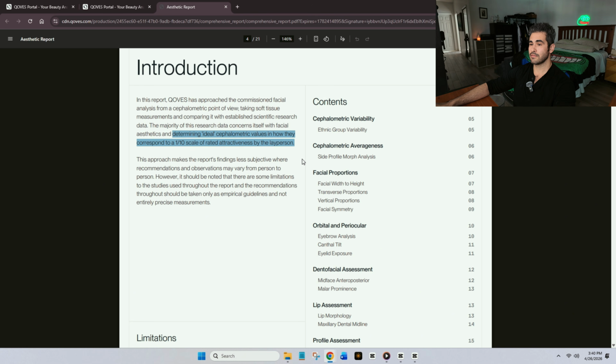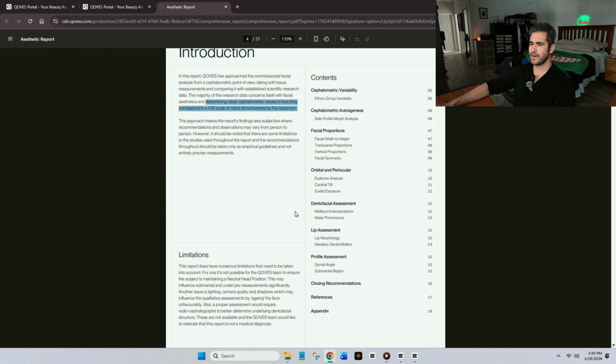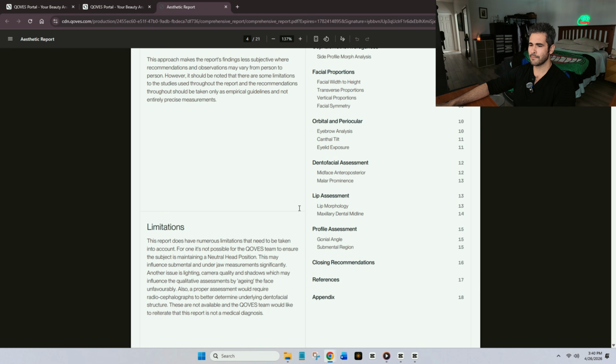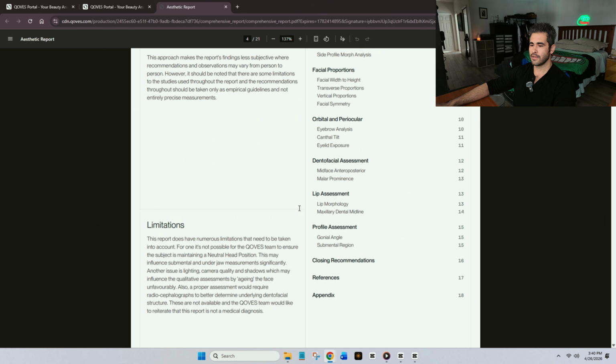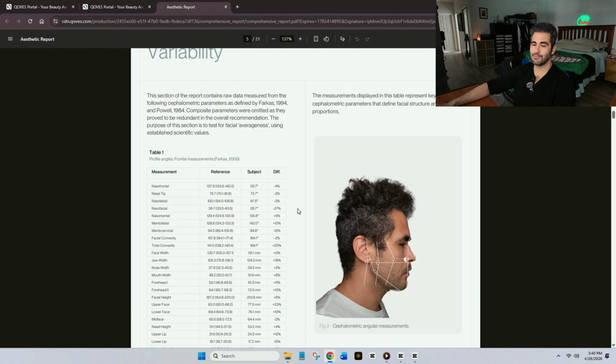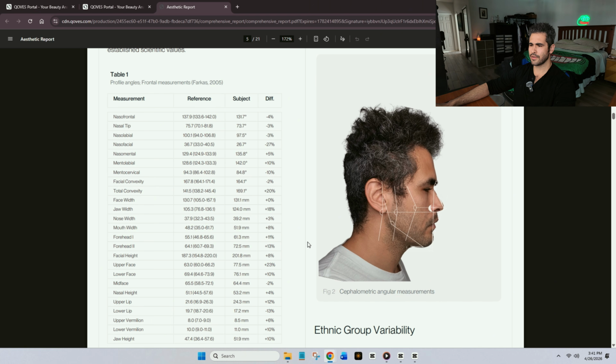Wow, this is a lot here. So side profile morph, facial proportions, orbital and periocular. Orbital is like eye stuff, right? Dental facial. All right, there's limitations. Cephalometric variability. Wow, look at these measurements. Let's take a look at this. So test for facial averageness. All right, so reference, the subject, the difference,